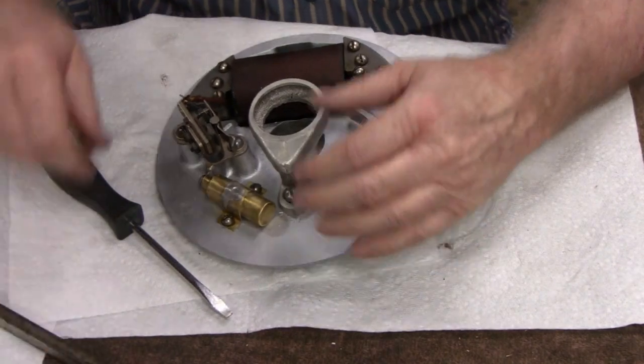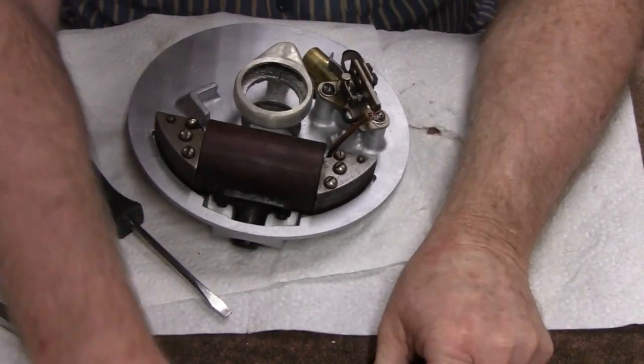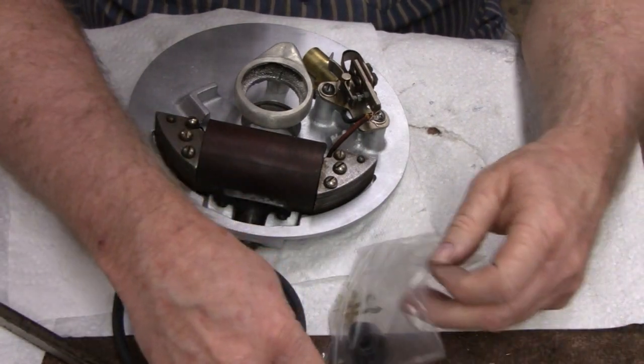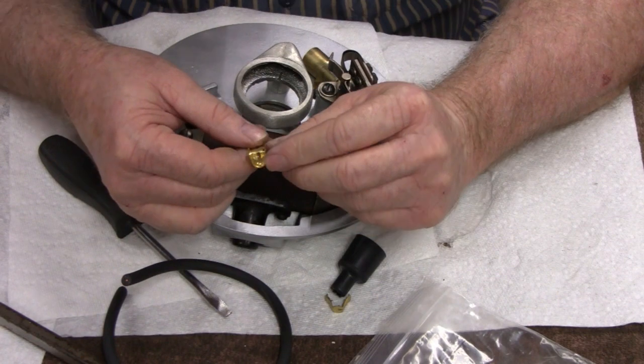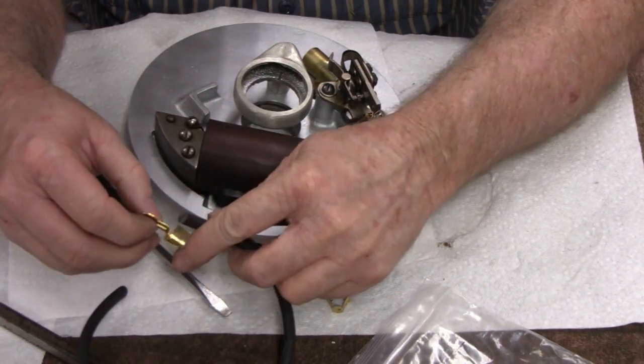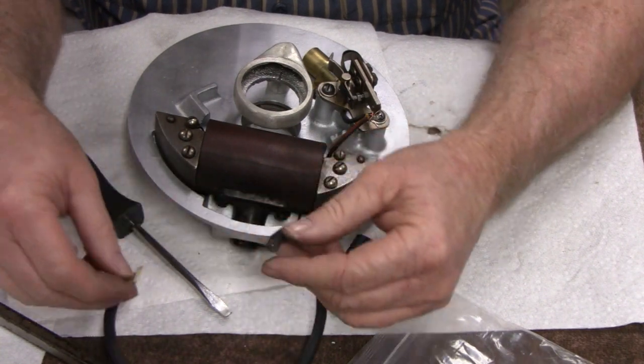Alright, there we go. Alright, what's next? I'm going to have to solder these wires together. You don't have to. I mean, he's got dagger clips in there, so you could actually just crimp this on there and you'll be fine. But I think I'm going to solder it on,